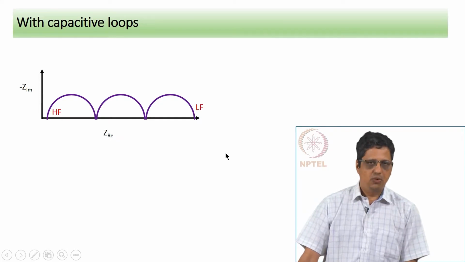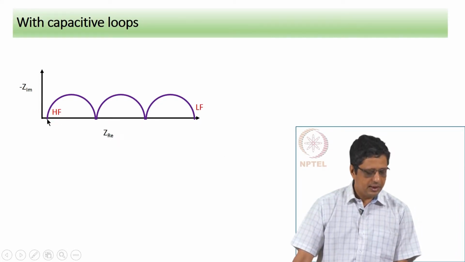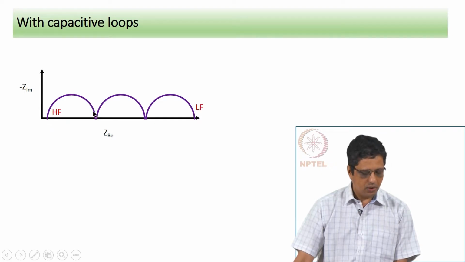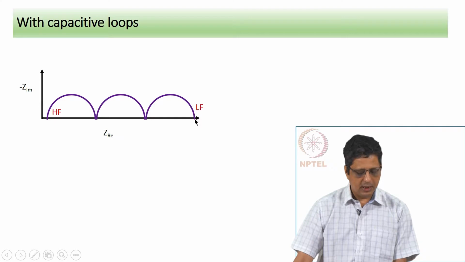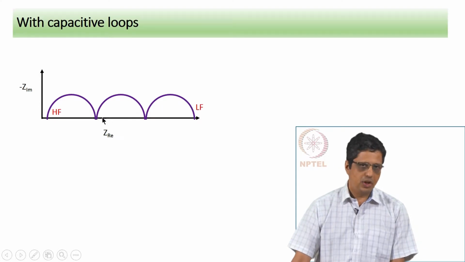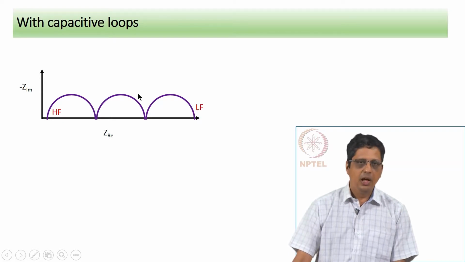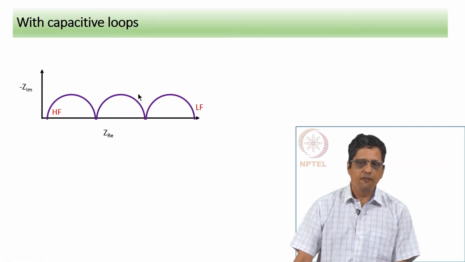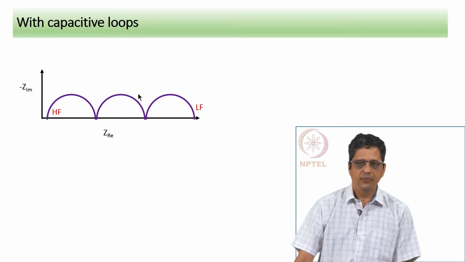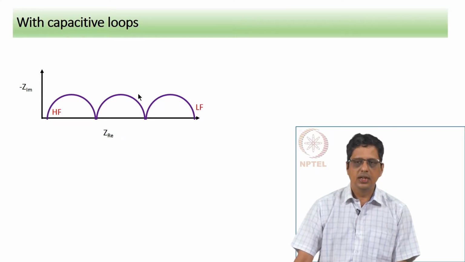Now, three capacitive loops, again starting at high frequency, starting near R solution, and then forming one capacitive loop, second capacitive loop and third capacitive loop. Here of course, I have drawn them very neatly. It may not form very clearly distinguishable capacitive loops, some of them may overlap to some level, but if you do equivalent electrical circuit fitting, you would know that a two capacitive loop model will not be able to model this well. You will need a circuit with 3 time constants.